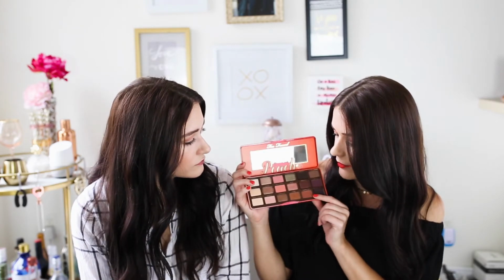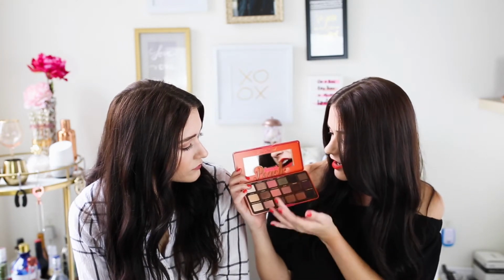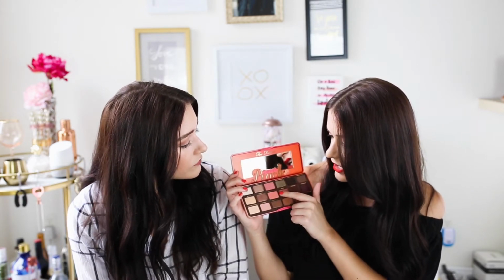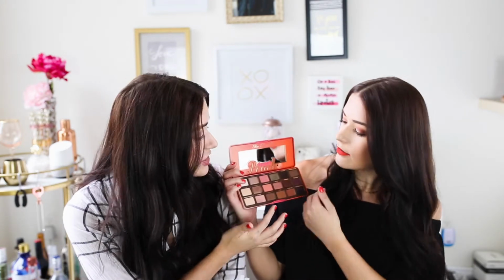But it seemed very pinky and we didn't think we would use it, but I honestly love this palette and the quality is pretty darn good. These shades down here are absolutely gorgeous. This Summer Yum shade is stunning, and obviously there are pink shades like Just Peachy and Candy Peach, and I will never use those. But they're more peach. This one is definitely a peach, and I think peach is more universally flattering than